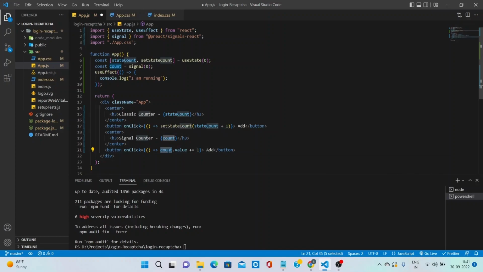So in order to change the state of this particular signal counter, we need to change it using the count.value property. So if I console log the count, then there is a value property which holds this initial value. So in order to grab this, we need to use count.value. Okay. And now let me show you